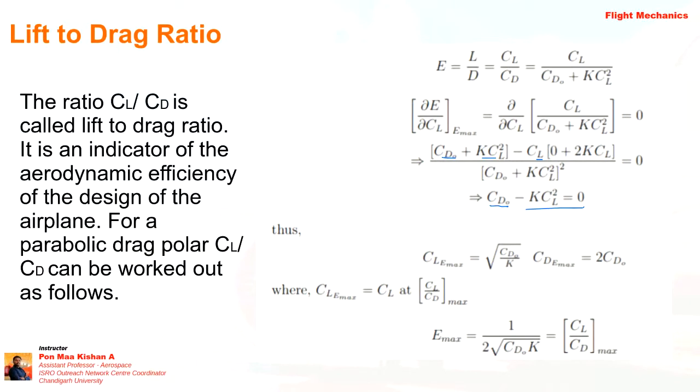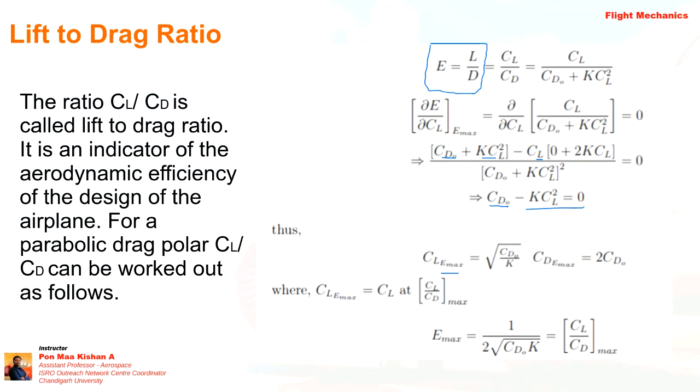Okay, so which is equal to 0, right? So if we want to get better aerodynamic efficiency, that is E max. E max means aerodynamic efficiency is higher, better aerodynamic efficiency. That is directly indicating that E is directly proportional to L and inversely proportional to D, right? So as much lift as we are generating, we are getting better aerodynamic efficiency. As much as the drag is reduced, we are getting better aerodynamic efficiency, okay?